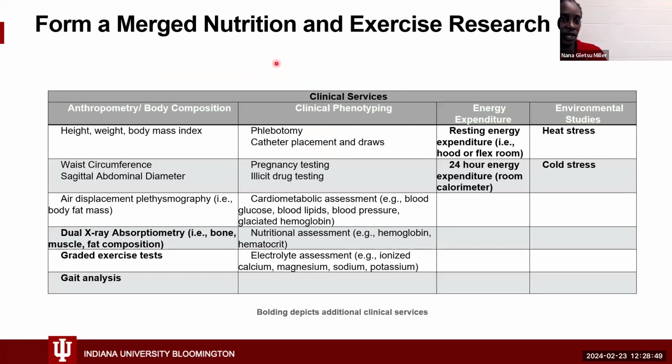Another activity that we have planned is to form a merged nutrition and exercise research center. So here we are planning on partnering with folks in exercise physiology in the kinesiology department in the School of Public Health. And this is a very exciting merger because what I'm showing you in this table is the clinical services that we provide. The ones I've bolded are the ones that would be additional to the services that we already provide. So the unbolded